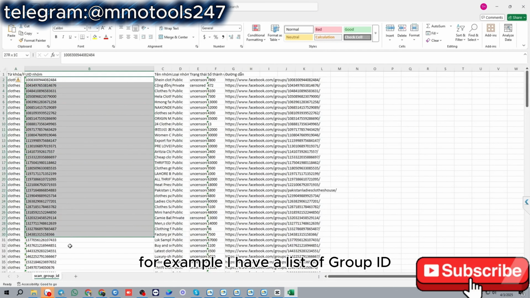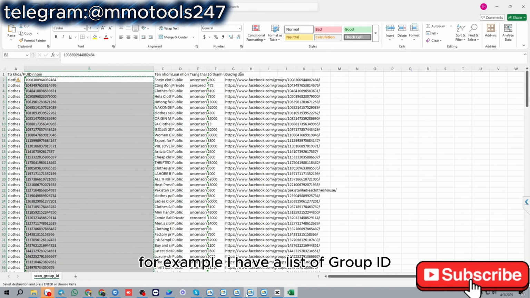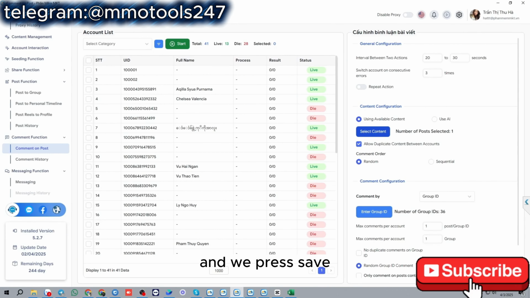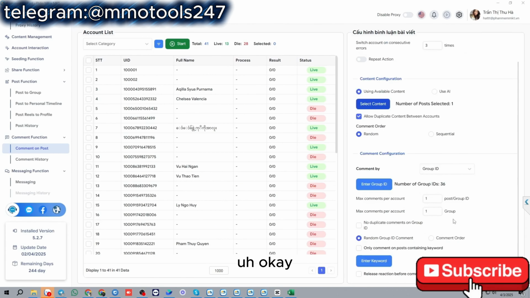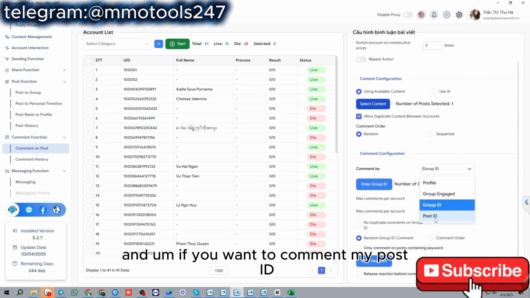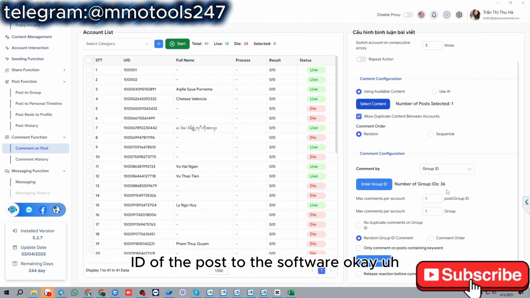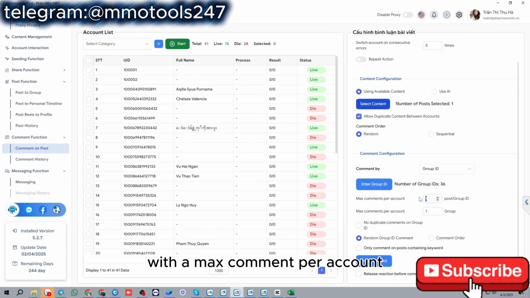For example, I have a list of group IDs. I will paste it to the software and we press save. Okay, and if you want to comment by post ID, you should enter the ID of the post into the software. Okay, max comment per group means how many posts in one group that you want your account